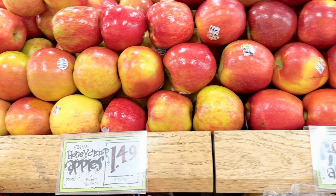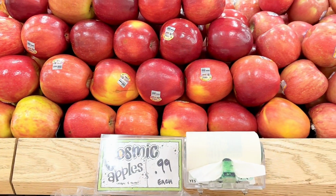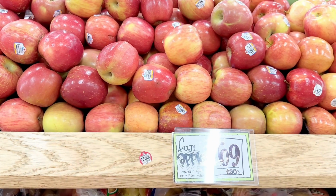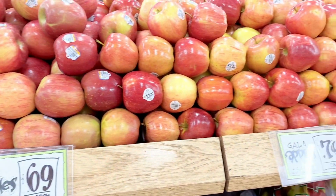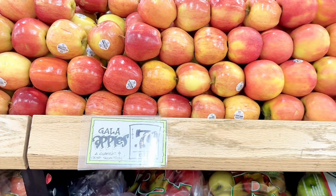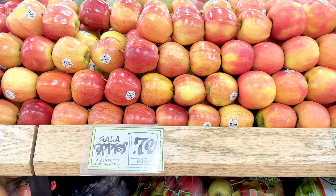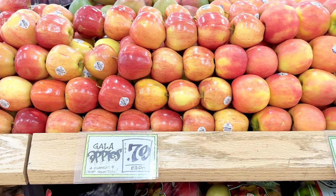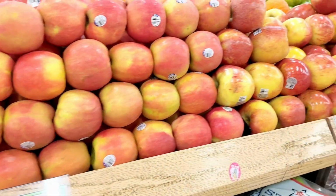I always like looking at the apples. There's Honeycrisp apple for $1.49, Cosmic apples for 99 cents. I think the price went down on those. Fuji apples for 69 cents, Gala apples for 79 cents. Do you guys like Gala apples? I know a lot of people get them in their haul, but they're just never crunchy enough for me, so